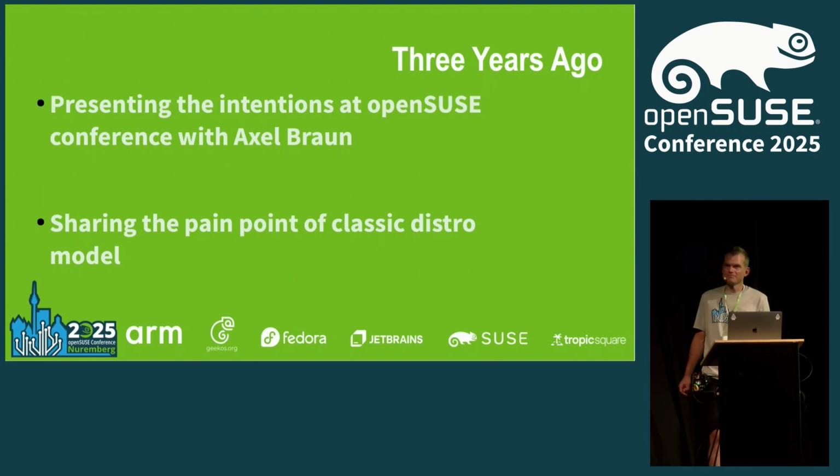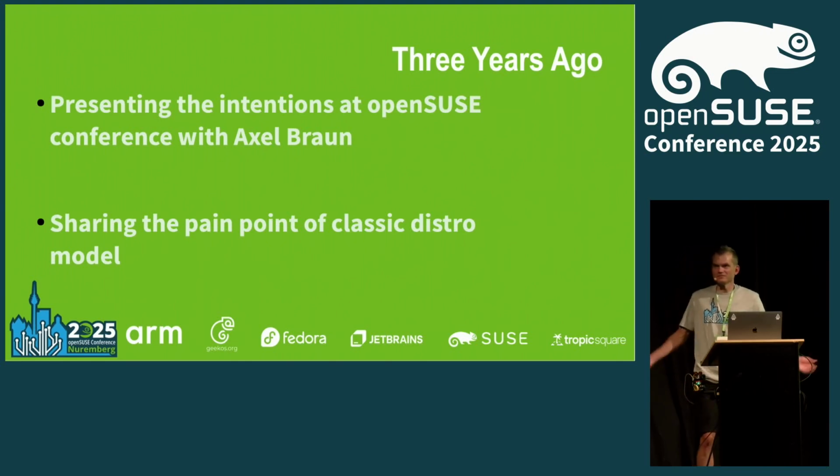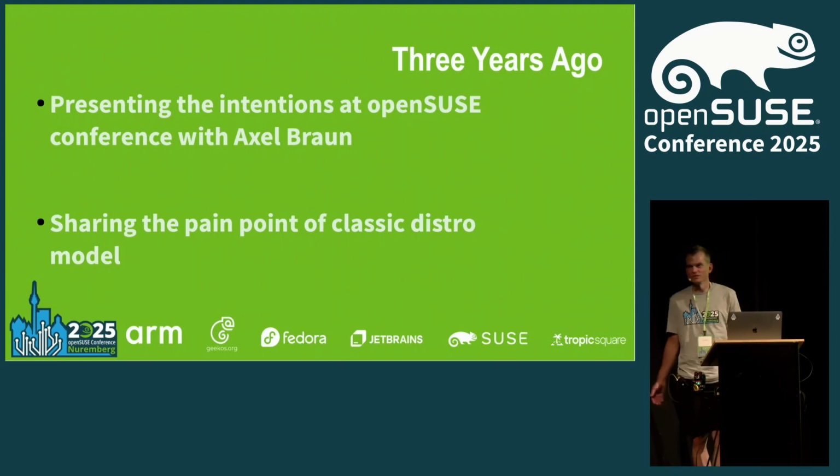And it's quite inflexible if you, for any reason, need to change one of the components, or if you need, on the contrary, to preserve stability of some other part of the system, because whatever binary you are running is not compatible with newer packages, or your Python code is not compatible with new Python. And here we quickly found out that the pain point which Axel saw and which we were having within SUSE with our products are pretty similar.